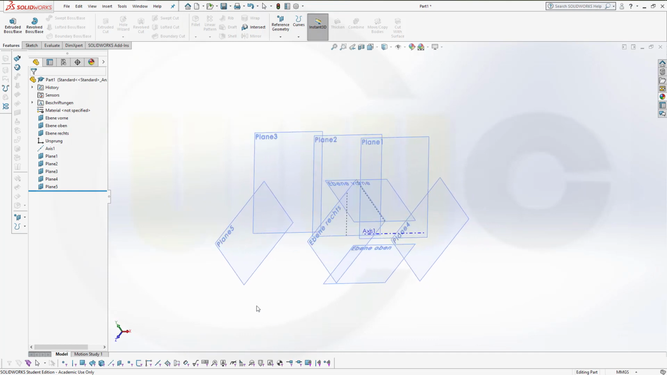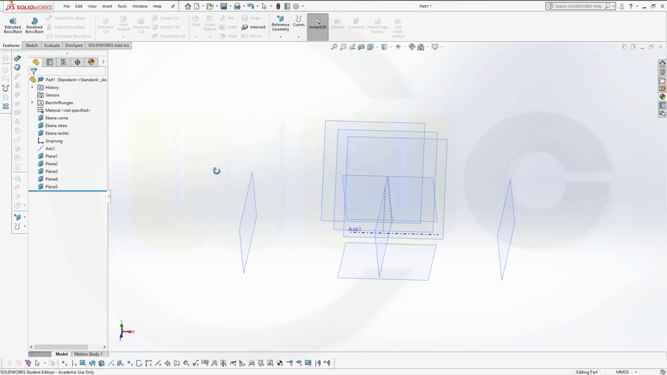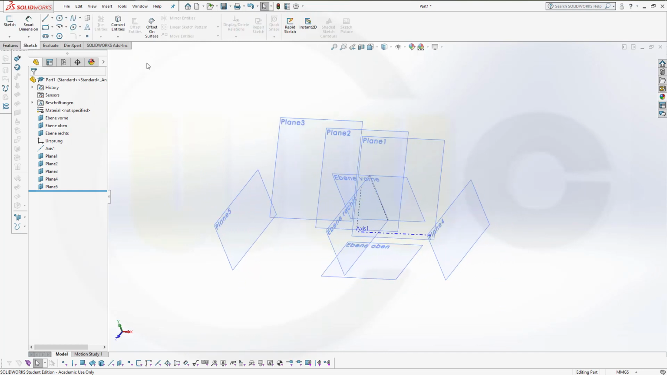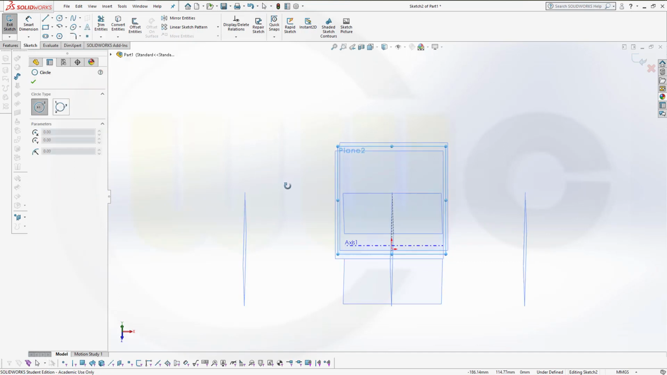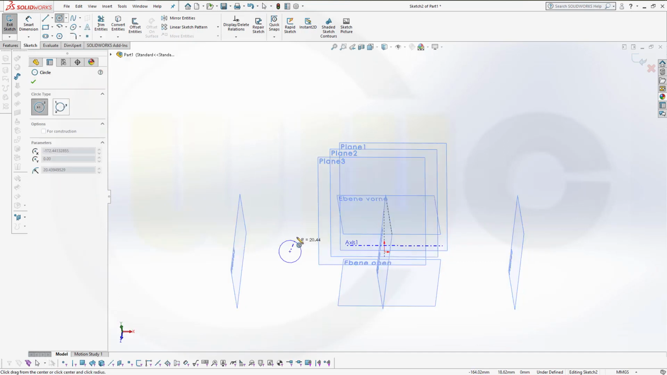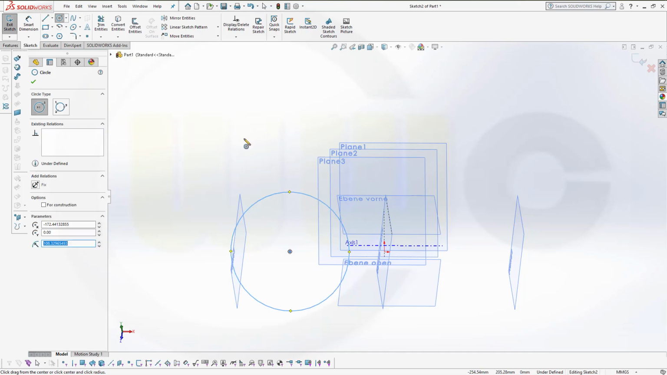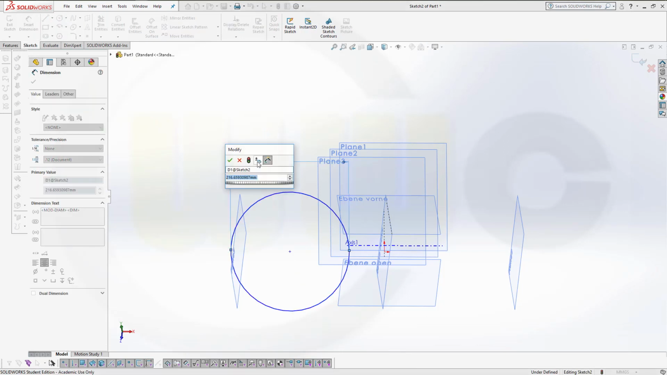And I have one problem here. I cannot do a centered linear pattern, so I want to do it in a different way. I will do a sketch, of course, on the plane 2. I want to go for a circle, but I want to put that circle in a different place. That circle should have a diameter of 152.4,